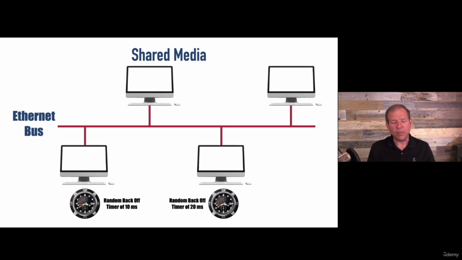Multiple access means that we can have multiple devices accessing the same medium, the same wire. Carrier sense means before we transmit, we're going to listen. We're going to hold our ear up to the train track like they used to do in the old movies, and see if anybody is talking right now on the network. There's a requirement that we can only have one packet on this entire bus at any one time, so it's not terribly scalable. Before we transmit, we listen. Crickets, I don't hear anything. I think it's safe to send. So then we'll send our data out, and